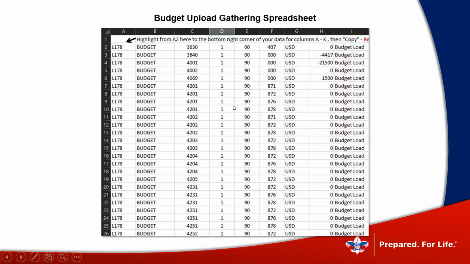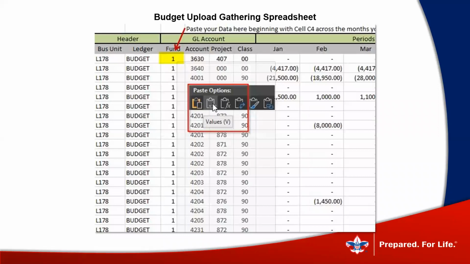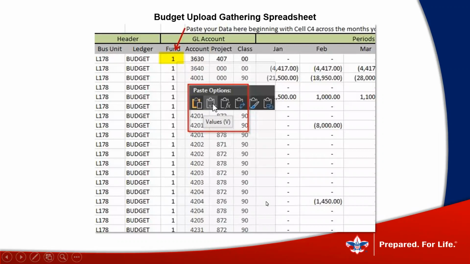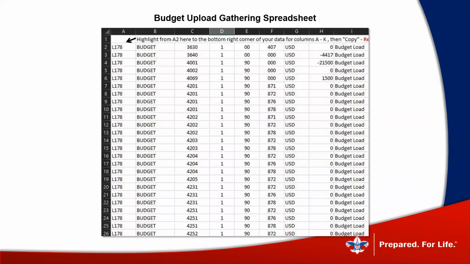So here you can see one of the particular months in there. So again, what we've done is we've pasted this into the master sheet. I'm going to go back here, the budget master sheet. So this is what it looks like populated there. And then this is one of the months, and this is all ready to cut and paste all the information